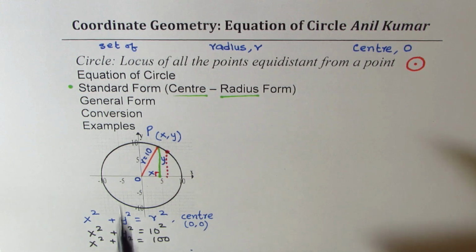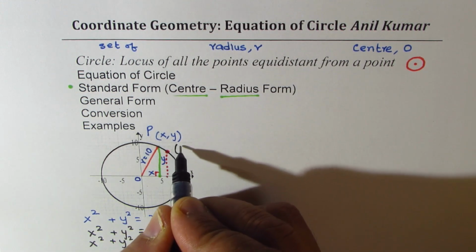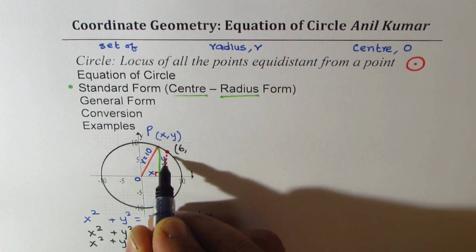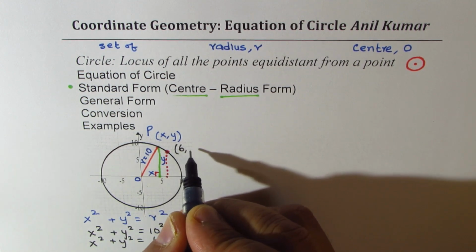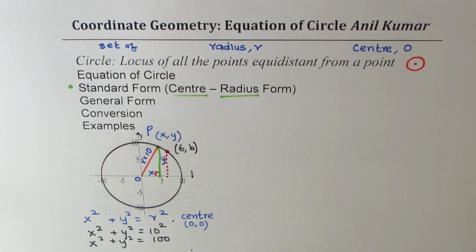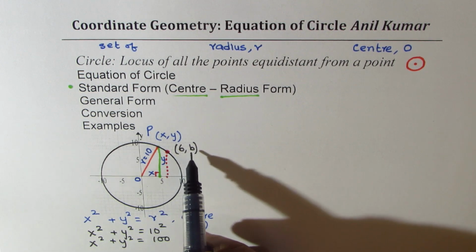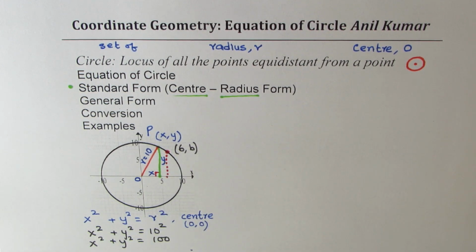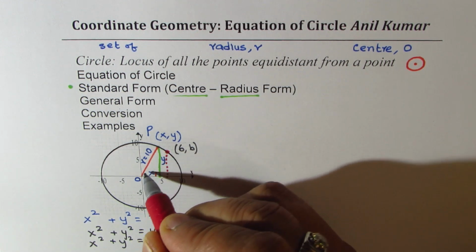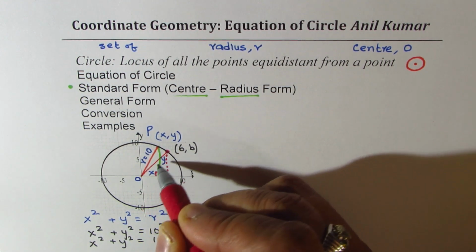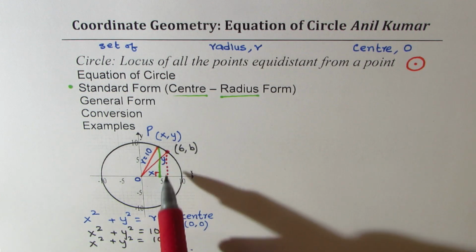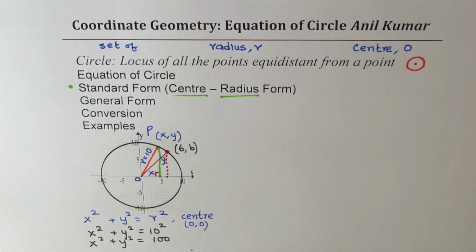So at this point, we know the x value is 6, but we don't know what the y value is. Let's call it b, for example. How do we find that point? Well, we can connect this point with the center, knowing that the radius is 10, and we get a right triangle,